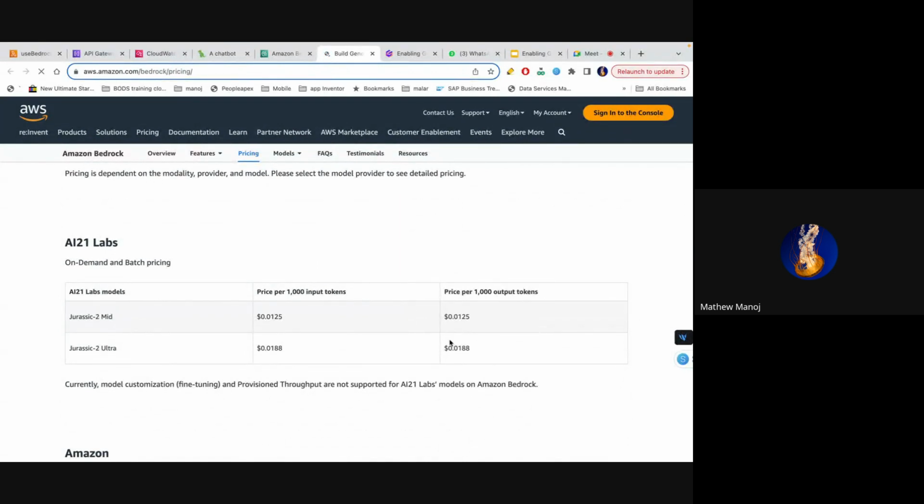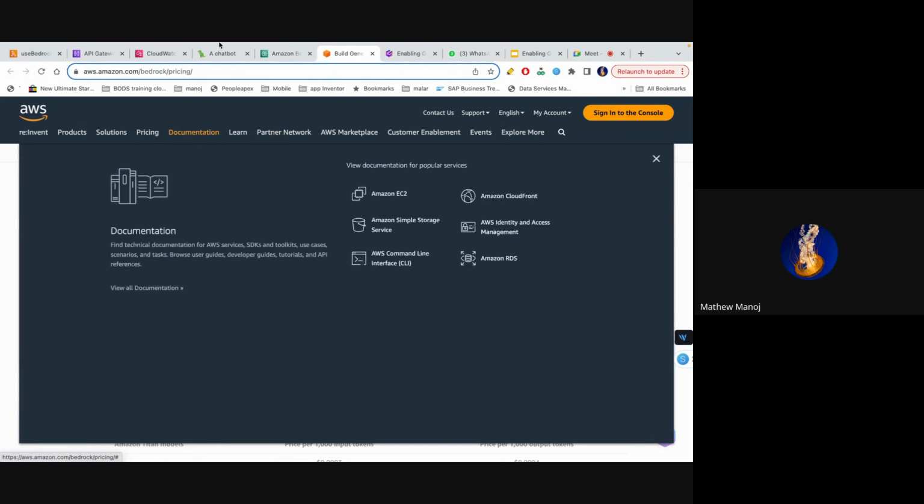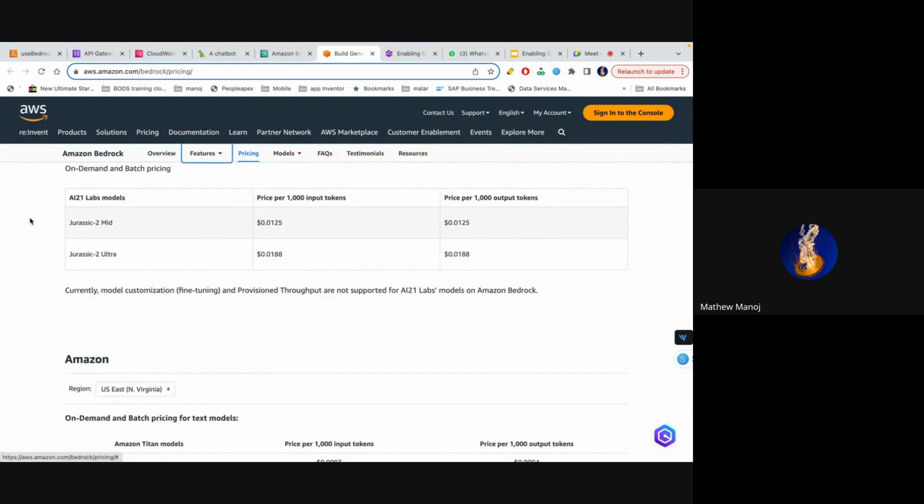Per thousand output tokens, it only costs a tiny fraction of a dollar, which doesn't even come to like 5 rupees. So unless you're making a very big model, the price is not too much of a difference for whatever models you use. But yeah, this is how you can use Amazon Bedrock to make your own application.